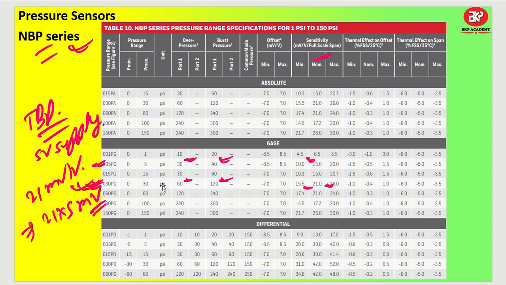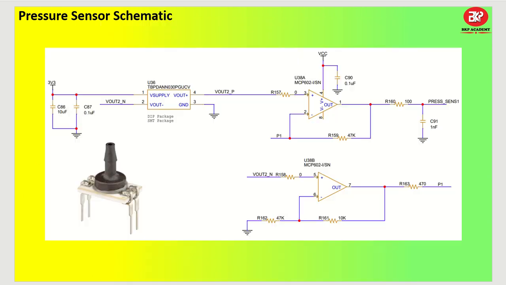Now let us talk about the application schematic design that we have implemented in our circuits. I have given you 3.3 volt here. If you want, you can keep it 5 volt, it will be easier for you. The nominal voltage is 5 volt, so you have to change it to 5 volt. I have taken a bulk capacitor and a 0.1 microfarad decoupling capacitor. So this is our supply. Supply is done. In the complete circuit, I'll show it to you, there is a 5 volt source as well as a 3V3 source, that is the 3.3 volt source.